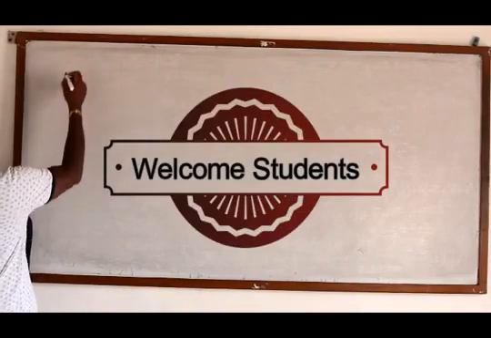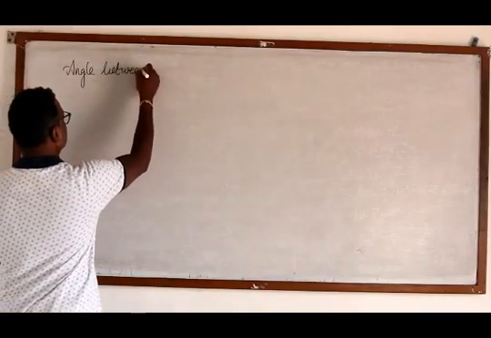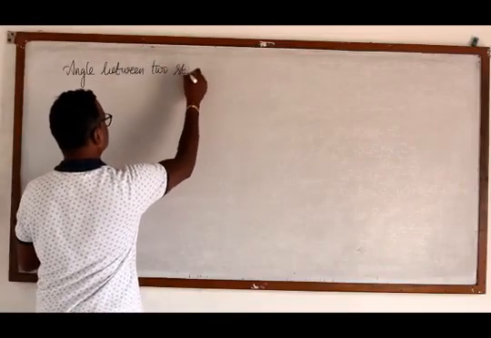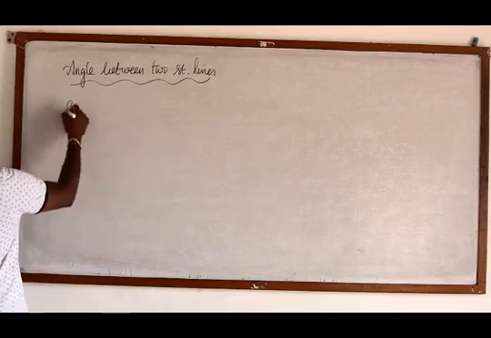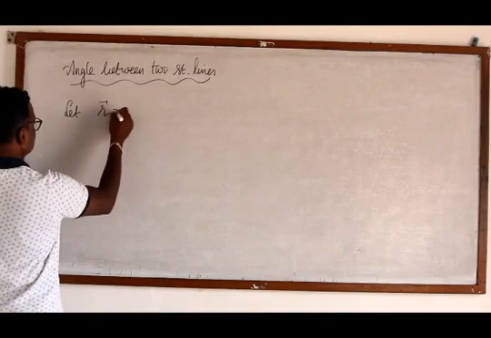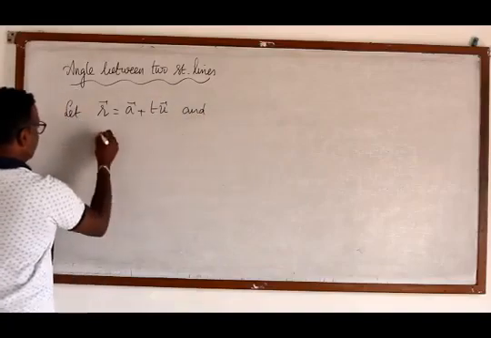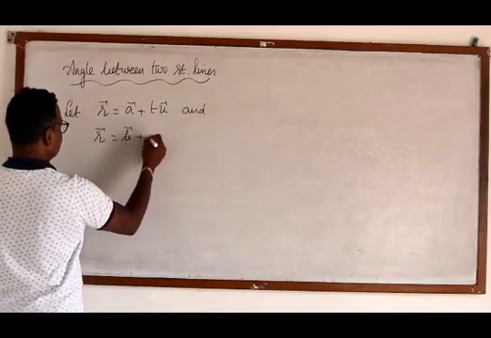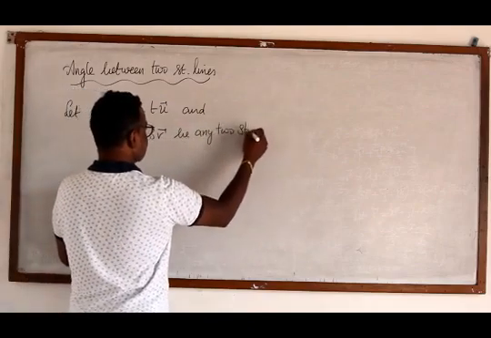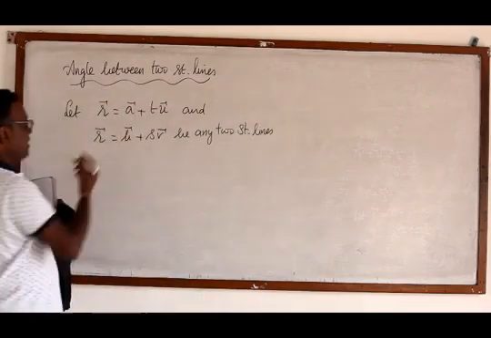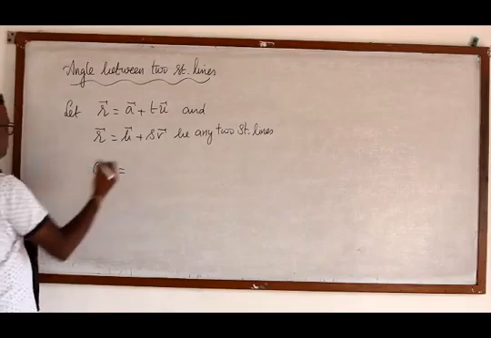Now, we shall go for the next topic in the same exercise: angle between two straight lines. Suppose I have two lines, r vector equal to a vector plus t u vector and r vector equal to b vector plus s v vector, be any two straight lines. Then the angle between the two straight lines can be found using the formula cos theta equal to